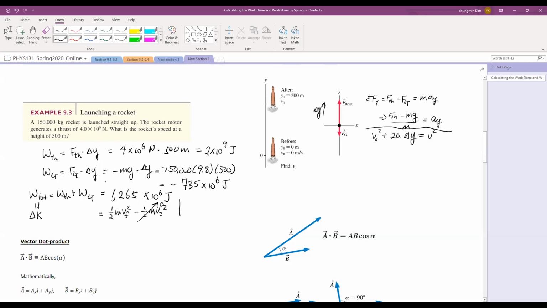Okay, so I'll just write it here one more time. 265 times 10 to the 6 joule is equal to 1/2 m v final squared, and you're solving for the final velocity. Okay? Okay, so same problem, one methodology using Newton's laws on the right-hand side, or the left-hand side using work